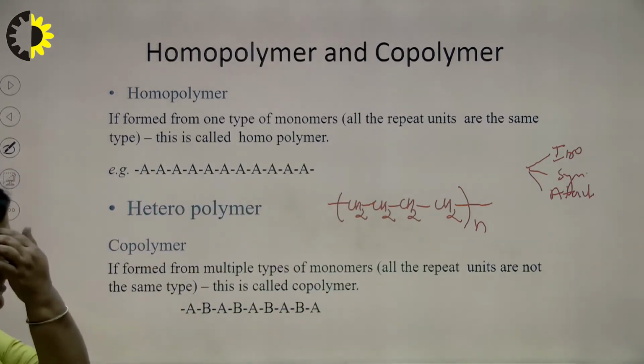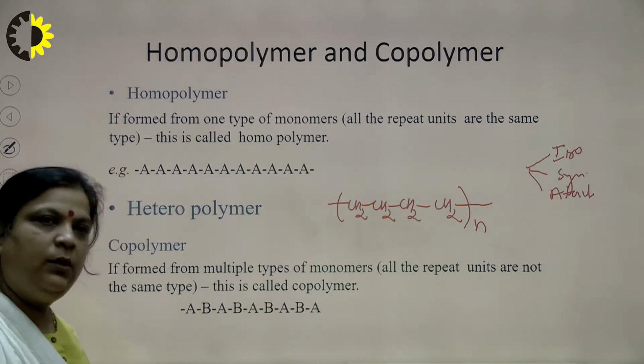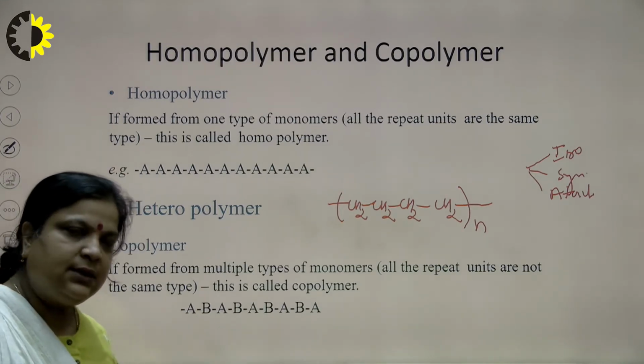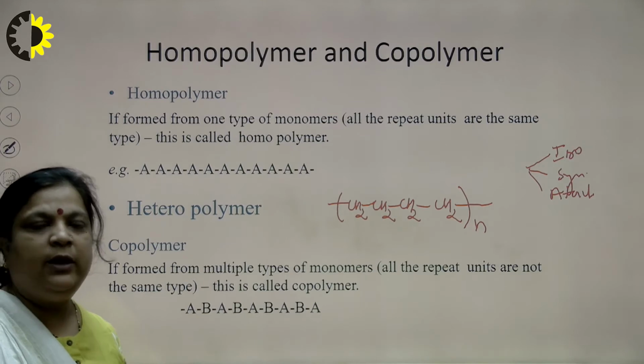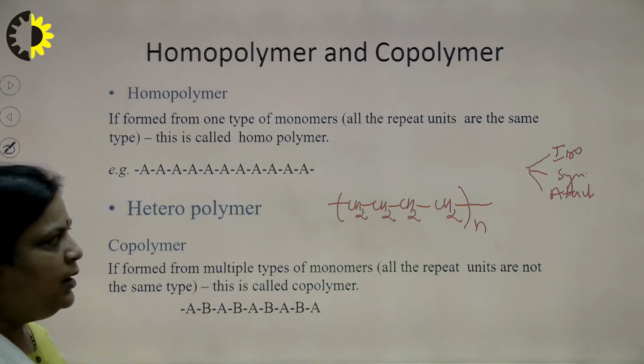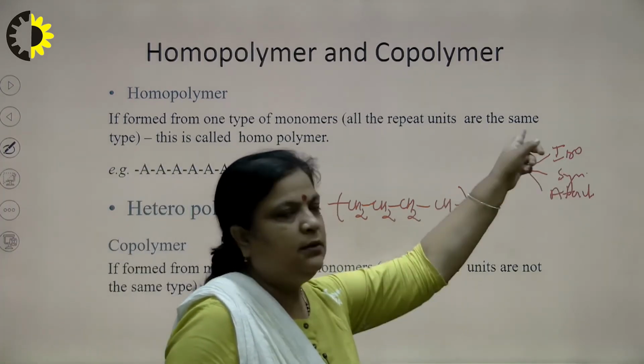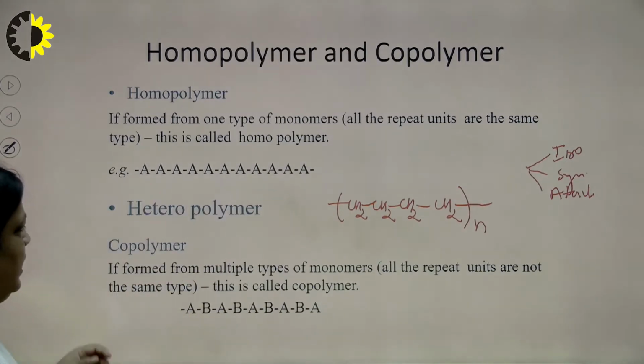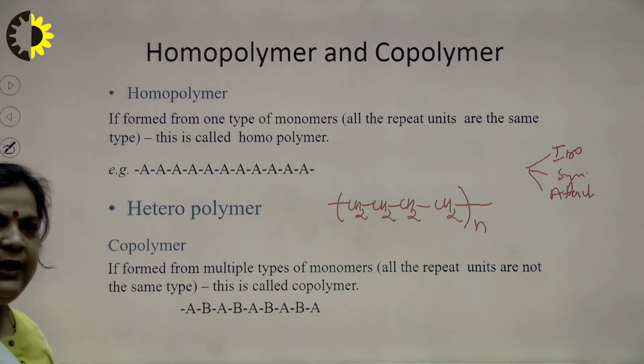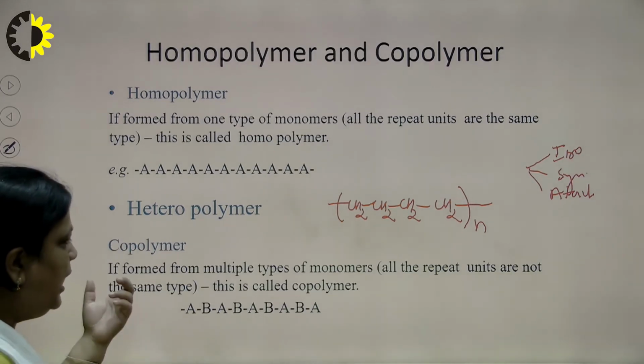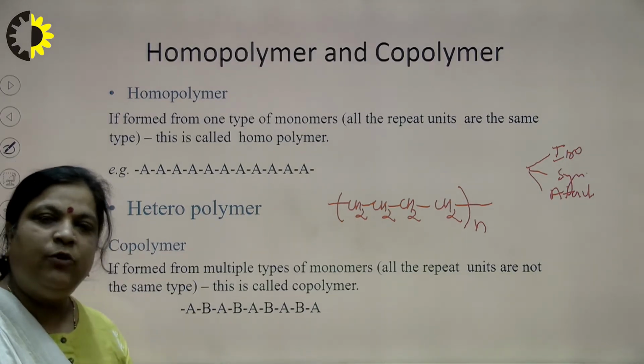So, if the examiner asks to classify the homopolymer, or to classify the polymer on the basis of stereochemistry, we explain the tacticity. Now, copolymer. Copolymer is also known as heteropolymer, and in this two types of monomers are there,